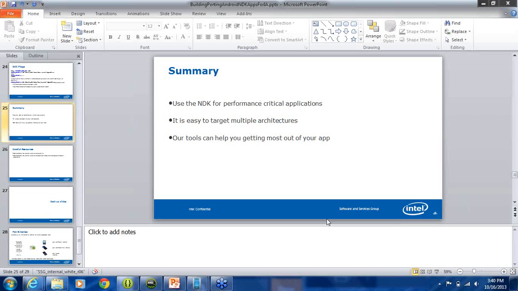Okay. We have a question from Amish Shukla asking, when we compile for all platforms, does it increase the